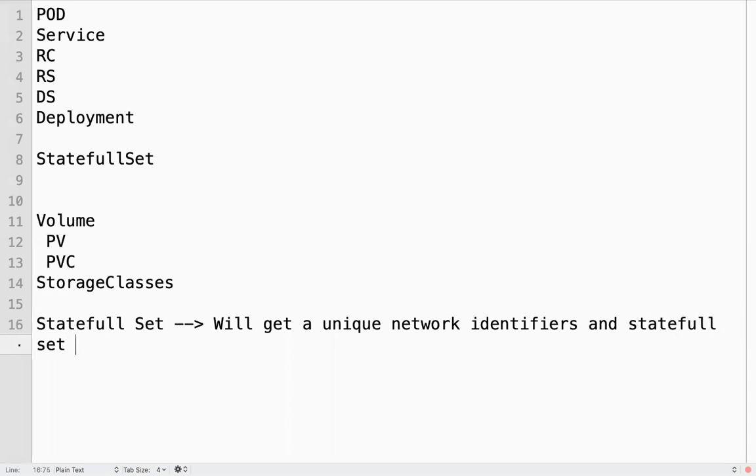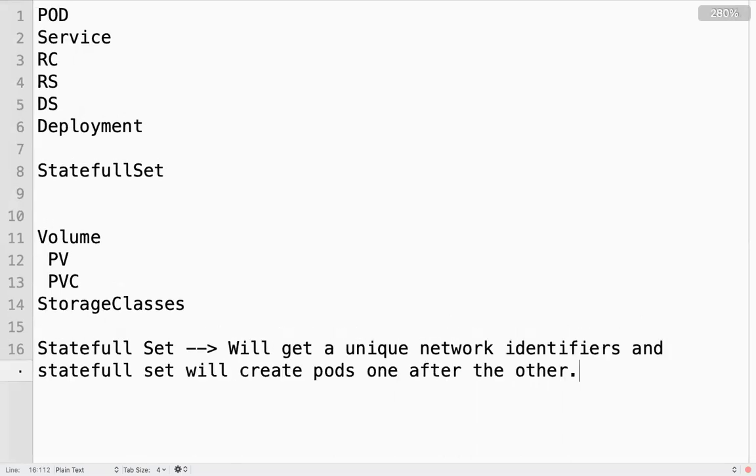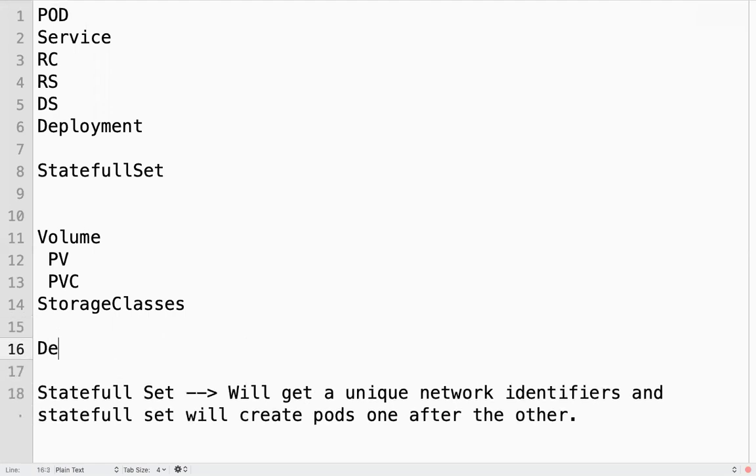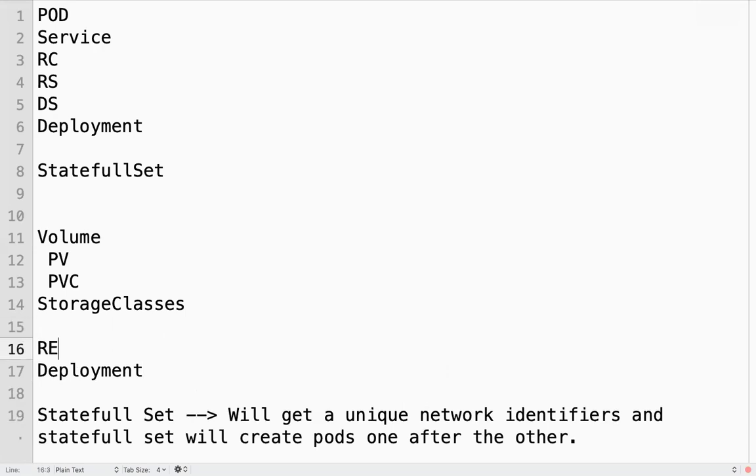and the StatefulSet will create pods one after the other. What does it mean? Suppose I go for a deployment, or a replica set or replication controller.